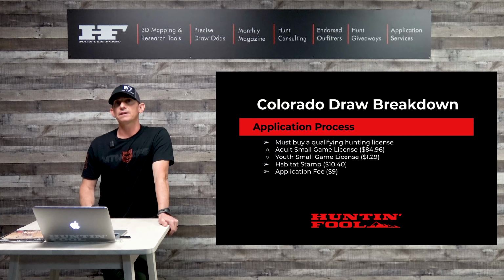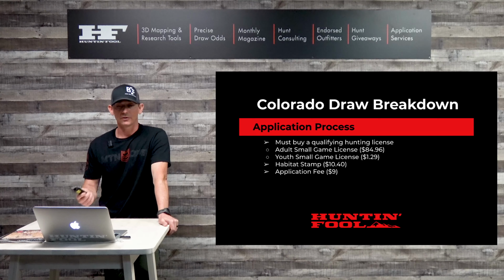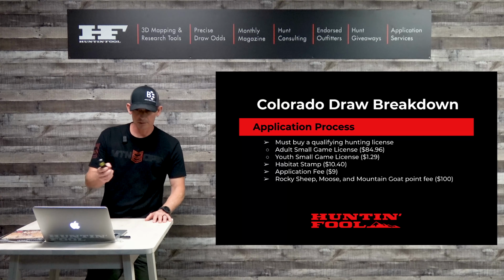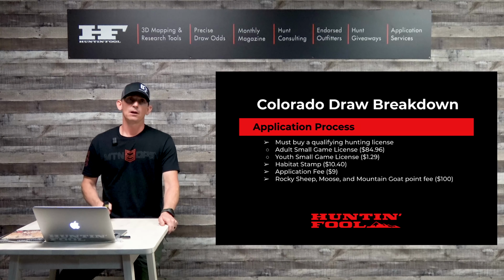Now for the application fee itself, that's pretty reasonable. It's only $9. Colorado is actually one of the cheaper states to apply for, especially if you're not planning on paying for a moose, sheep, or goat point. So the moose, the Rocky Mountain sheep, and the mountain goat all have a $100 point fee if you